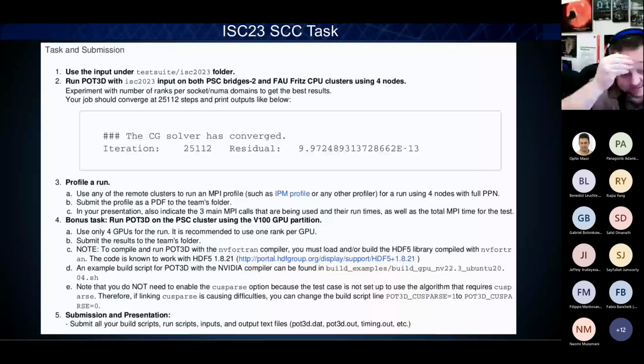The task is to first profile a run. Use any of the clusters to do an MPI profile using the 4 nodes, and then submit that profile. You're going to indicate the 3 main MPI calls that are being used, their runtimes, and the total MPI time for the test. The code has timers in it,